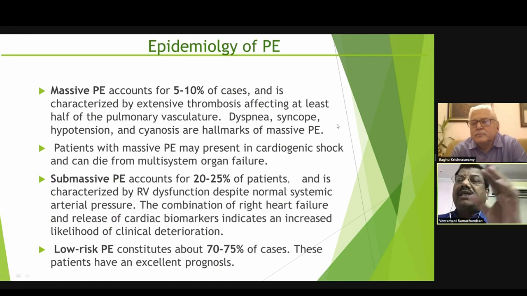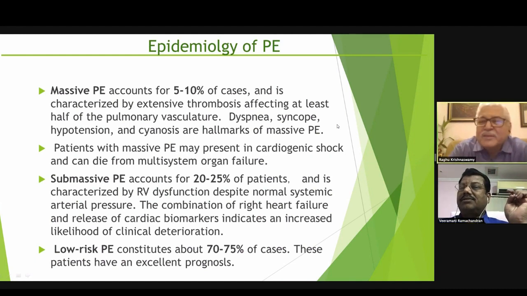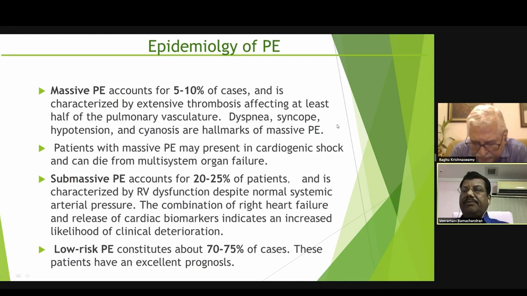Yes, sir. Another case that Dr. Jawahar Farooq has told: an 80 year old with anemia, dyspnea, tachycardia, SaO2 85%, BP is 100/70, RV dilatation, RV dysfunction in echo, COVID positive, angio shows left pulmonary artery embolism. How to approach this case? Can you repeat that, please? Sir, the 80 years old patient is anemic and dyspneic, tachycardia is present, SaO2 is 85%, BP is 100/70, RV dysfunction is there, RV dilatation is there, COVID positive status is there, and angio shows left pulmonary artery embolism. How to approach this case?